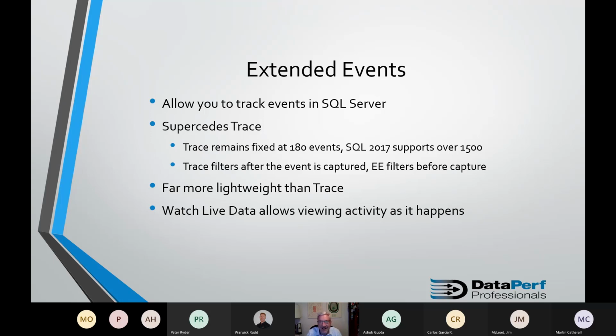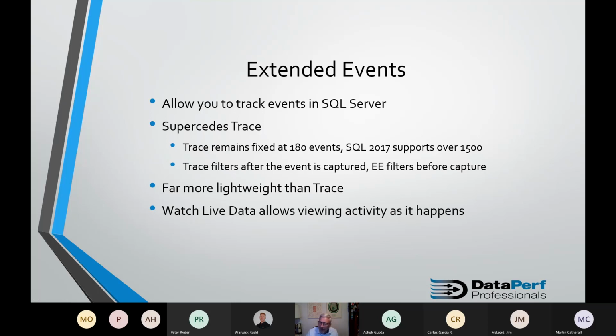They're never going to add any more to that. I'm running in this demo SQL 2017. It supports over 1,500 events. SQL 2019 supports even more than that. My clients are running SQL 2017 pretty exclusively right now, so I haven't looked into 2019 too much.